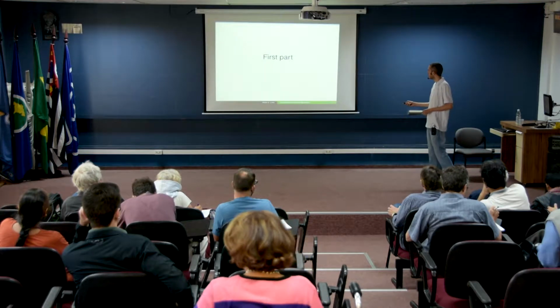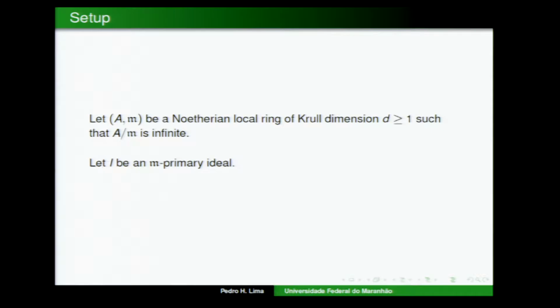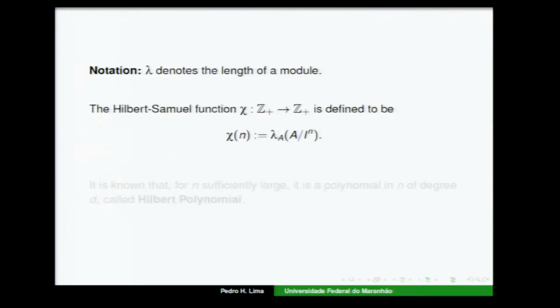So then, let's start with our setup. Here, A is just a Noetherian local ring with Krull dimension D greater than 0, and with infinite residue field, okay? And also, the ideal that we are working with is an m-primary ideal, okay? Then,